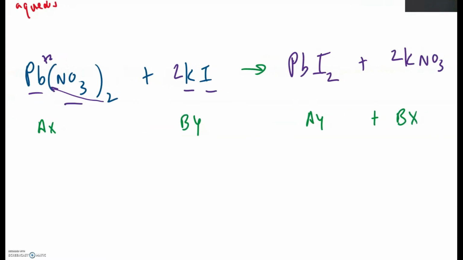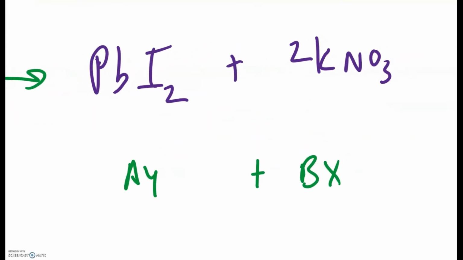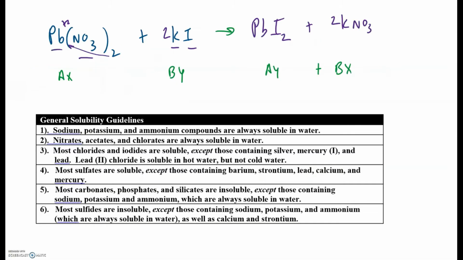What we are worried about is one of these two products is no longer aqueous. One of these is what we call a precipitate. How do we tell? So I'm going to give you guys a handy chart. So here's how we determine what is going on in this reaction and which of these two products is our